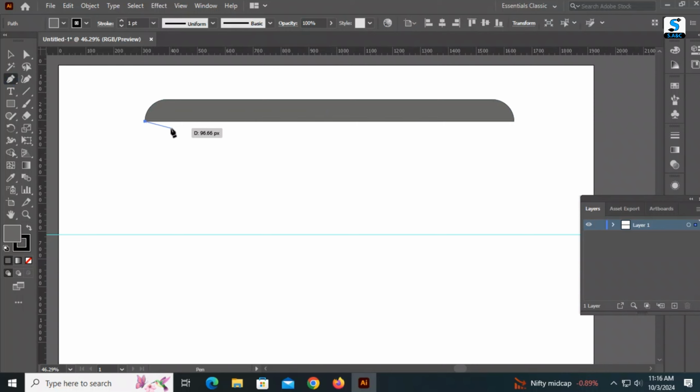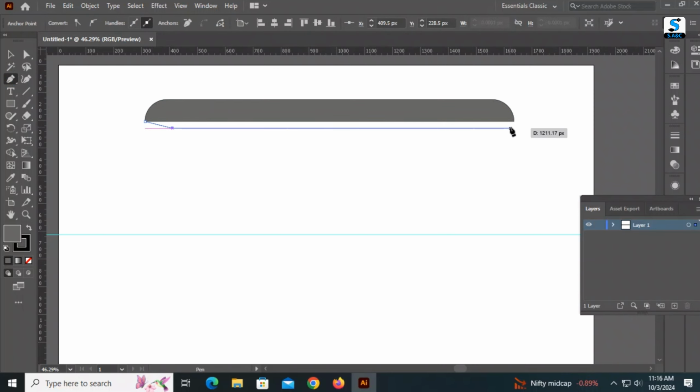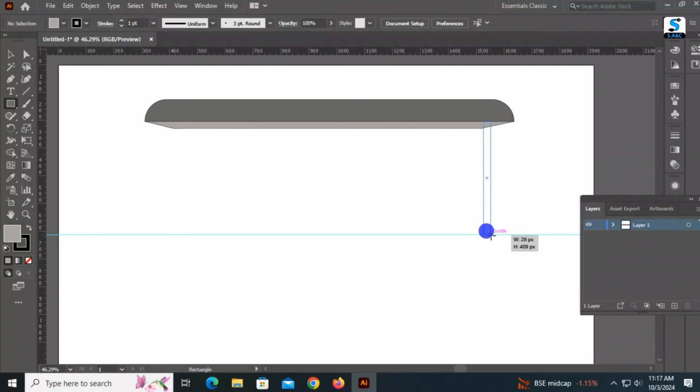I am using the pen tool now. Let's draw the pillars.